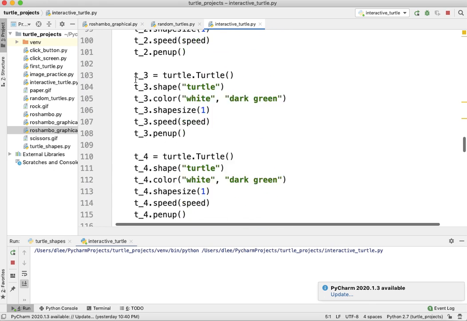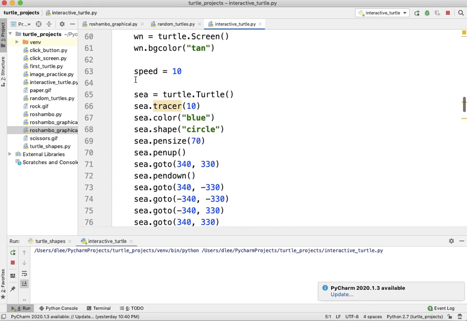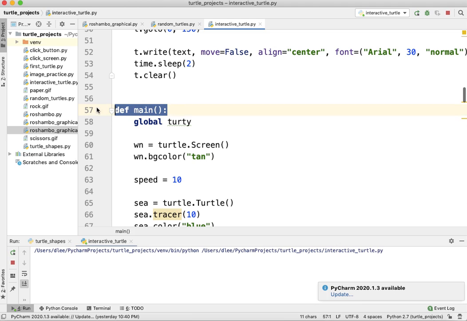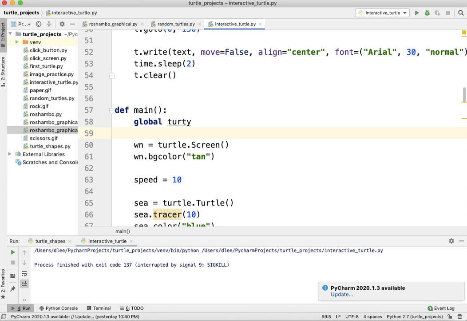Should it go into main? Right? Well, when is main run? Right? Main is run when we first start the game, when we first press the play button. And where is turdy when we first press the play button? He's not even on the screen, right? He hasn't even hatched yet. So we wouldn't want to put our if statement right here in the beginning of our main function definition